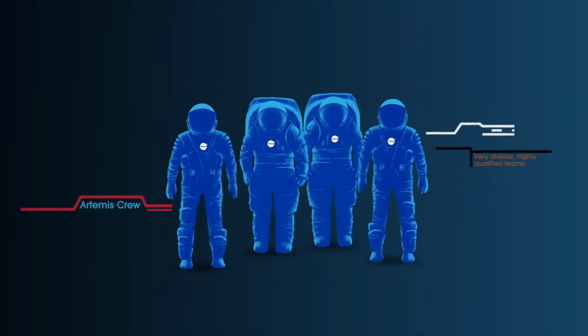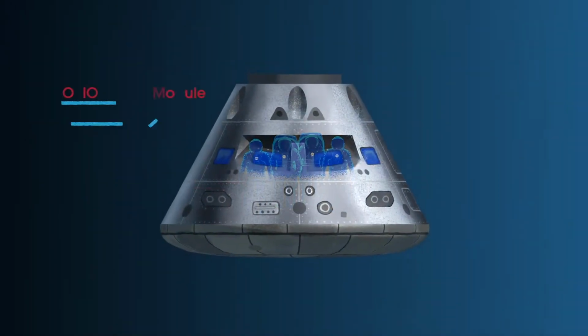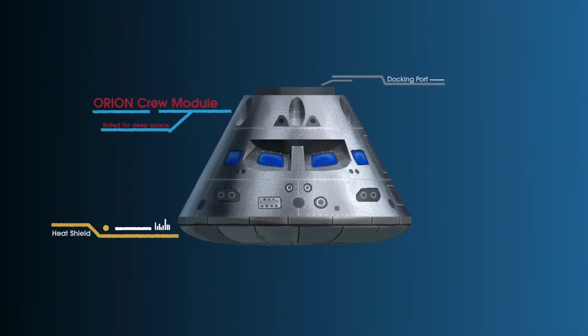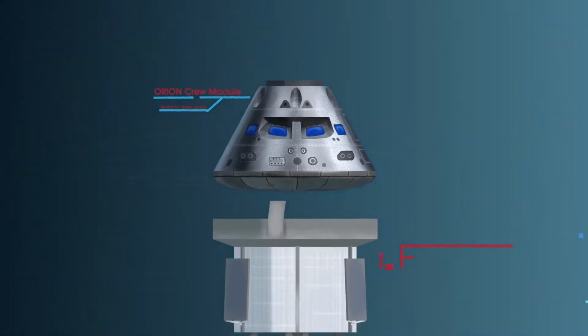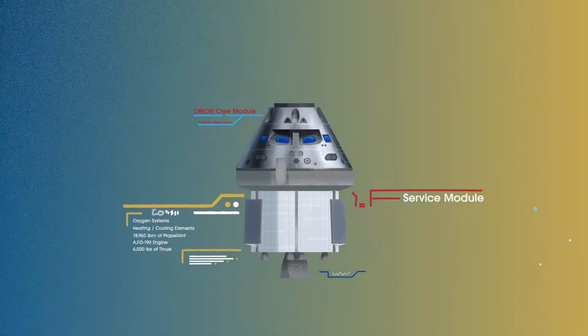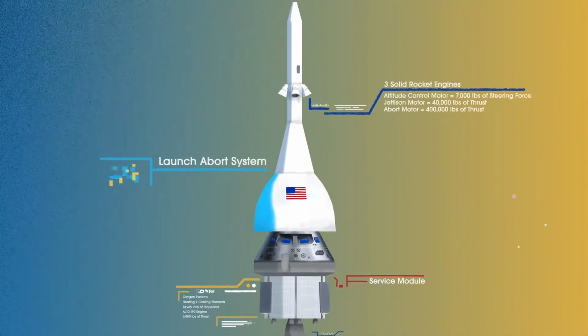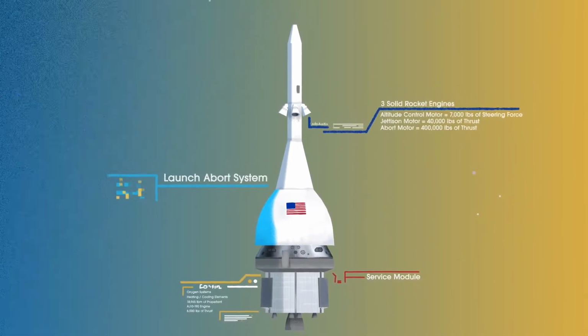Everything is designed and tested with our most important element in mind, the astronauts. This is their deep space, human-rated spacecraft called Orion, built in 3 parts. The crew module, where up to 4 astronauts will live and work throughout the flight. The service module, with life support systems for the crew and its own engine and fuel reserves. And a launch abort system, with engines capable of pulling the crew module to safety during launch should anything go